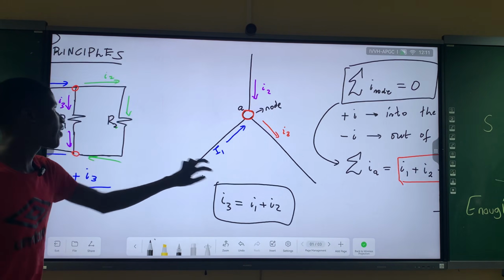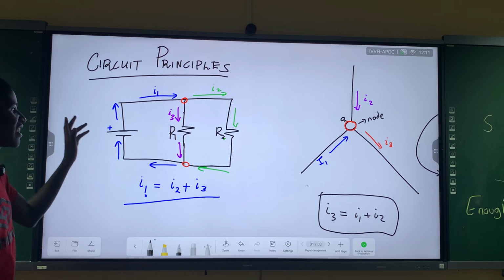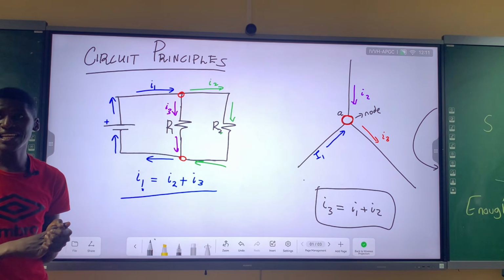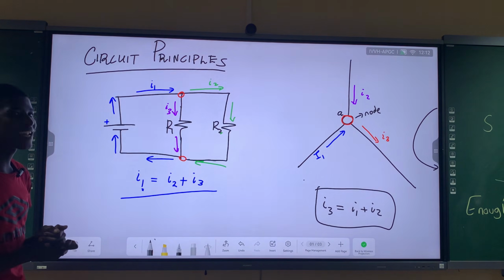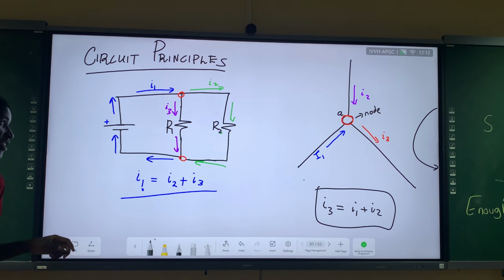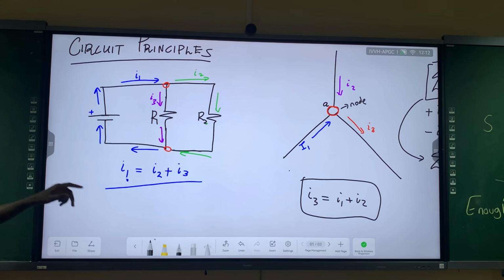So let's go back to our circuit that has got a voltage and the current. We have spoken about the current, how it splits, how it divides. So the voltages also have a certain law, the Kirchhoff's voltage law, that says that the total sum of all potential difference in a closed loop must be equal to 0.